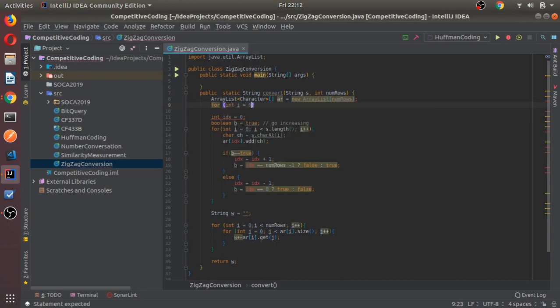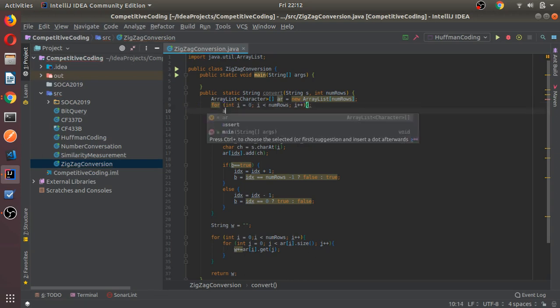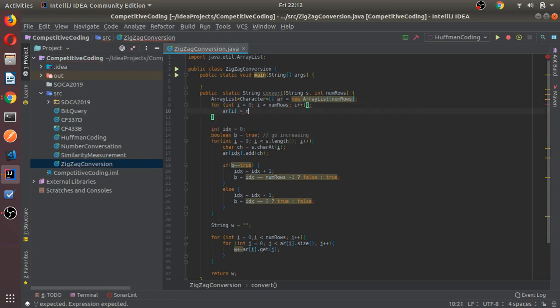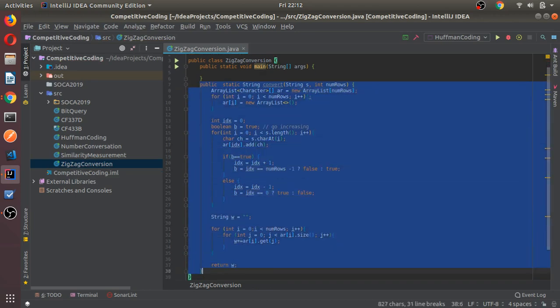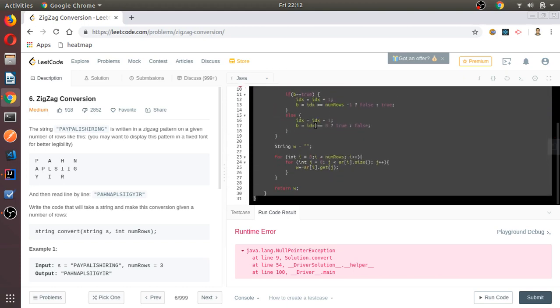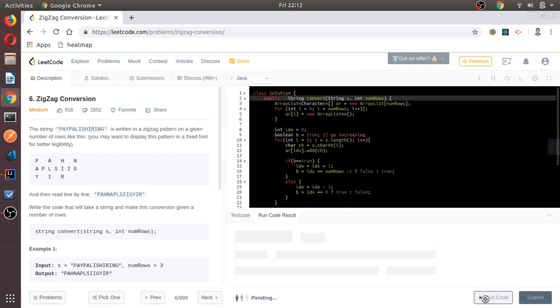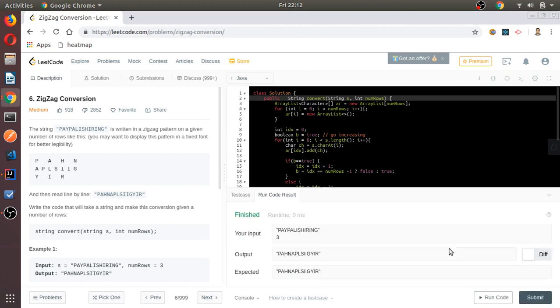For int i equal to 0, i less than number of rows, i plus plus, arr of i is equal to new ArrayList. Let's try this again. Remove the static name, and for next time I will try to code in JavaScript, then